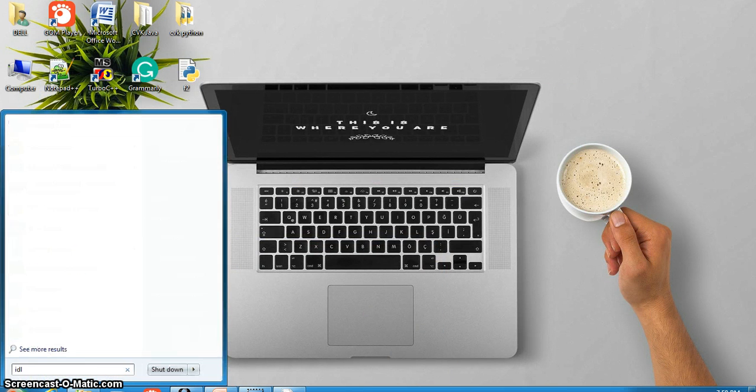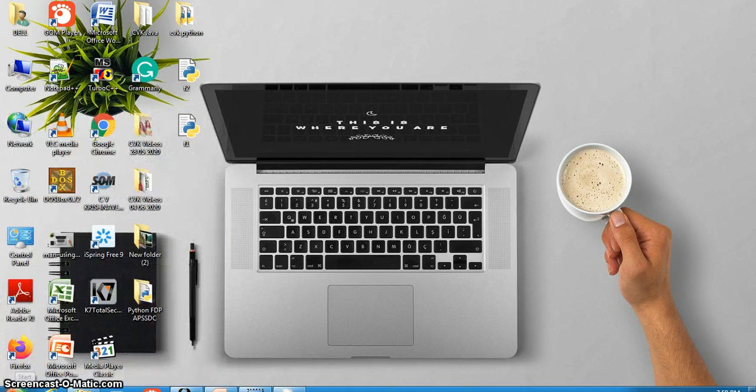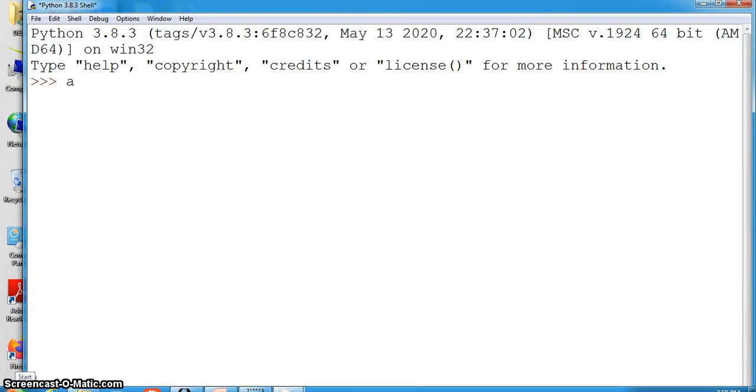So go to IDLE, which opens Python shell. Here I am taking A is equal to 5, B is equal to 2. Now this is first simple assignment operator. Now C is equal to B, then the value of C will be 2.